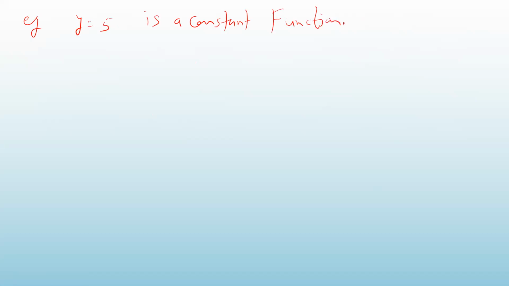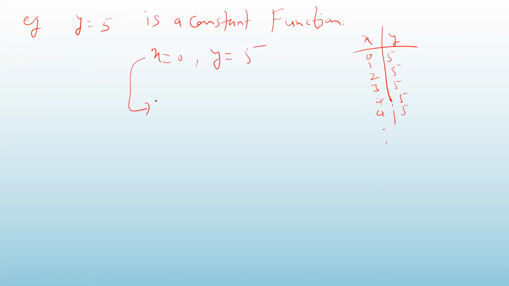So what is the meaning of that? You take any value of x, the value of y will always be the same, 5. Correct? That is the meaning. So there is no change in the value of y when you change the value of x. Suppose x is 0. What was the value of y? It is 5. When you change x from 0 to 4, the value of y is still 5. So there is no change in the value of y, even though you change the value of x. Therefore, we say that the derivative of y, where y is a constant function, is 0.